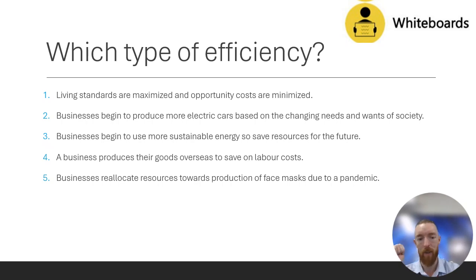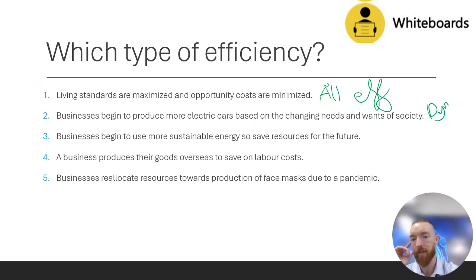All right, so let's go through these one by one. First up, living standards are maximized and opportunity costs are minimized. That is going to be allocative efficiency. It's the only combination of production that maximizes living standards. If businesses begin to produce more electric cars based on changing needs and wants, that changing needs and wants makes